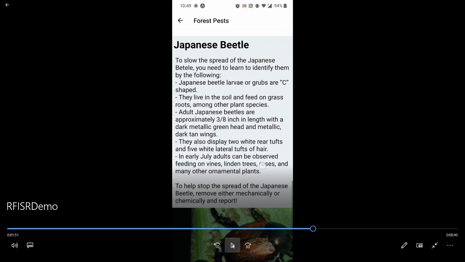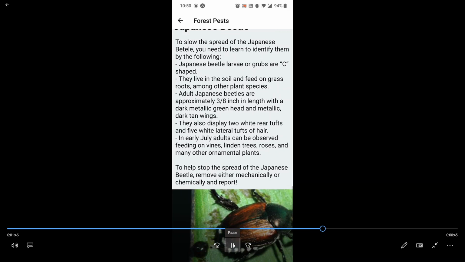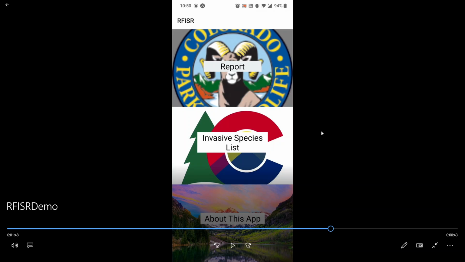So, as you can see, back on the home screen, these three sections are very easy to view, which makes for a great user interface. There's no extra clutter, and the two main things that people are going to need to report in the list are the first things listed. So now let's click on the report,